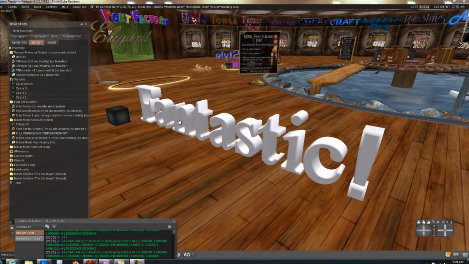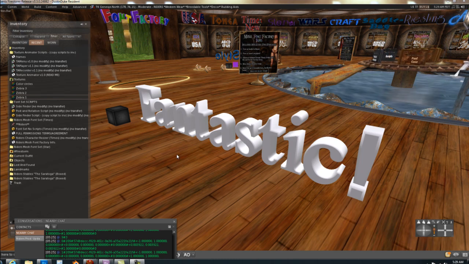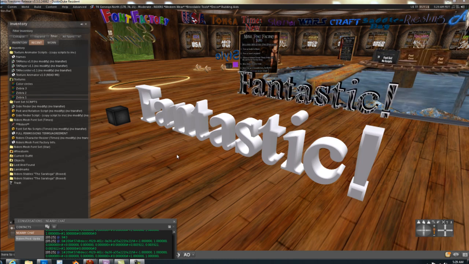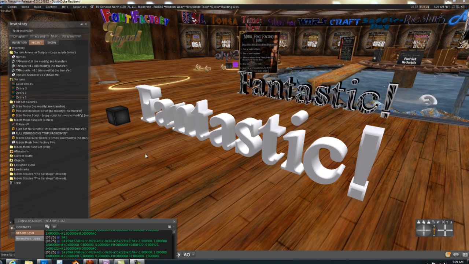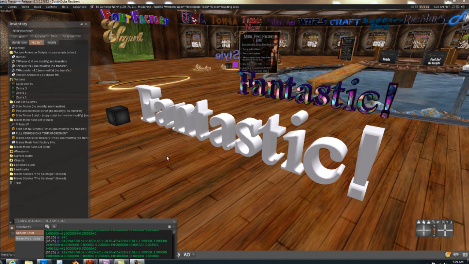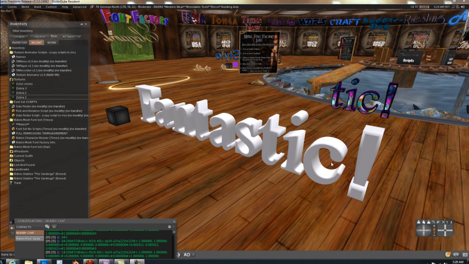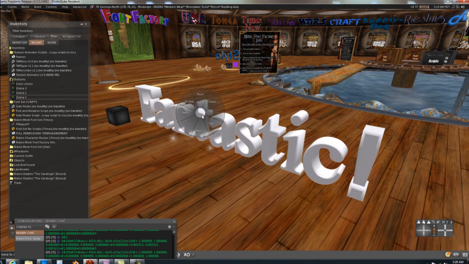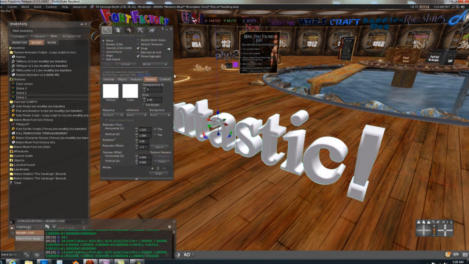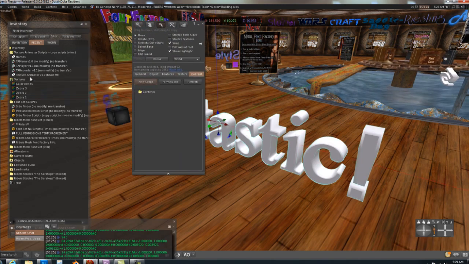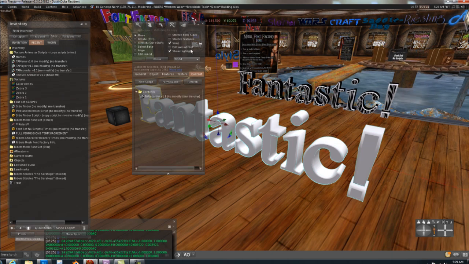Okay, the texture animation script set that's included comes in a box. You'll unpack the box, and inside the box you'll have a menu script, a player script, and a recorder script. Here I've got all my characters rezzed out and linked. So I'll go to content and I'll drag over the recorder script